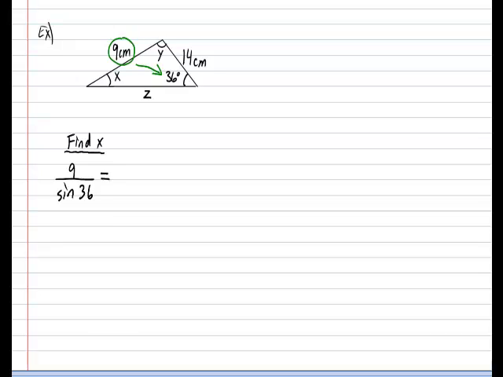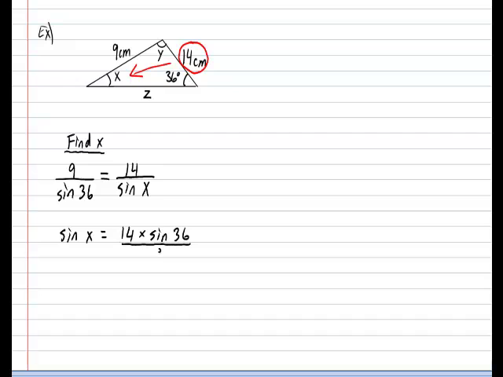That should equal any other side, so I'm going to take the 14 here, versus the sine of its opposing angle, our missing X. So to write that down, 14 versus sine of X. So if we do our cross multiplying, we end up that sine of X should equal 14 times the sine of 36 divided by 9, thereby giving us sine of X is equal to around